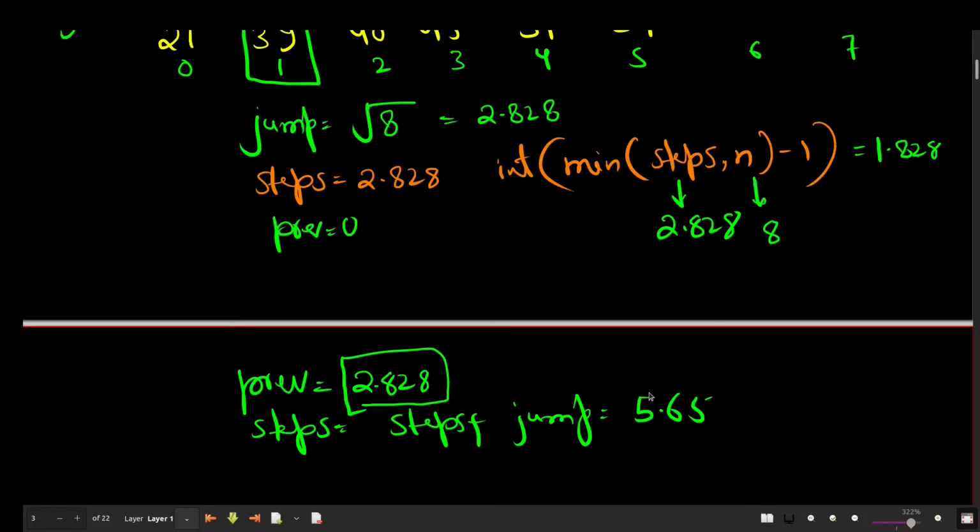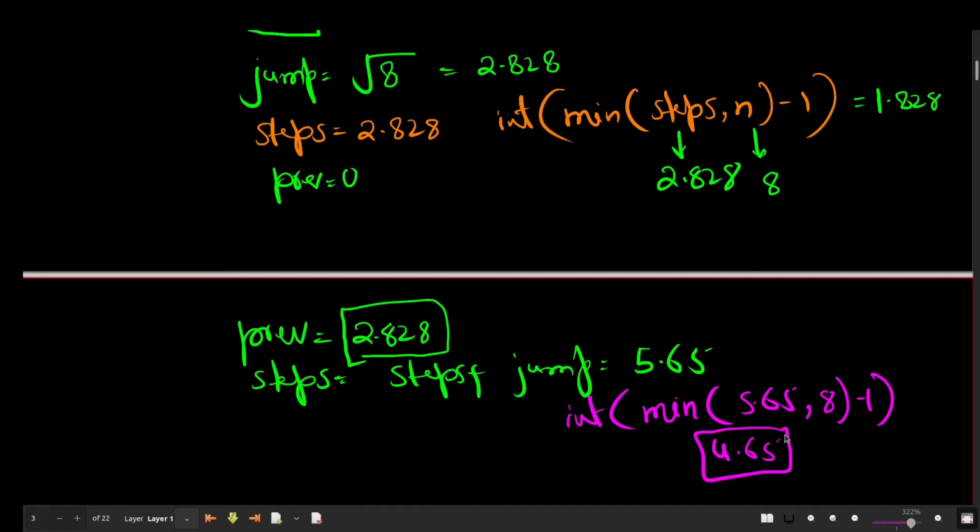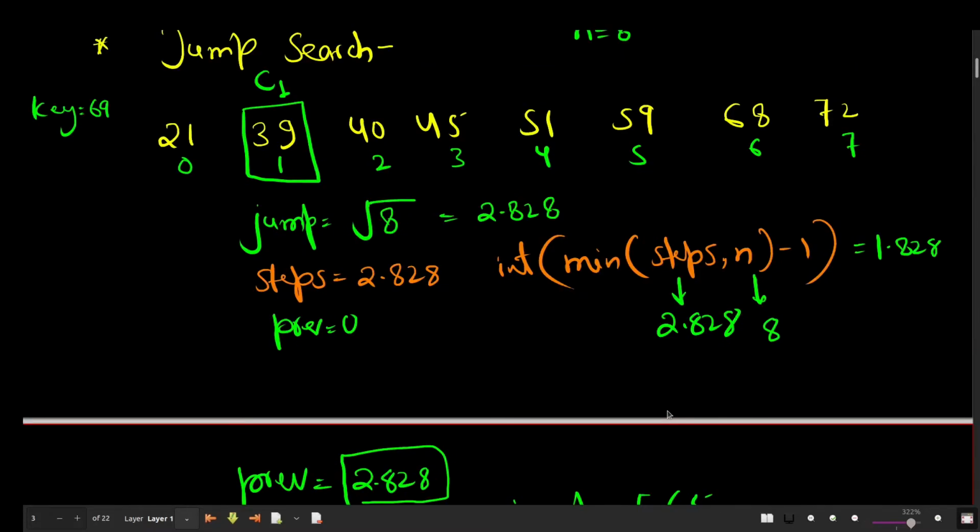Okay, so again we are going to check minimum of steps and n. The minimum of steps is 5.65, n is 8, minus 1 of this, so it is going to be 4.65, and which is 4. So let's go to 4, and the second comparison is made here.